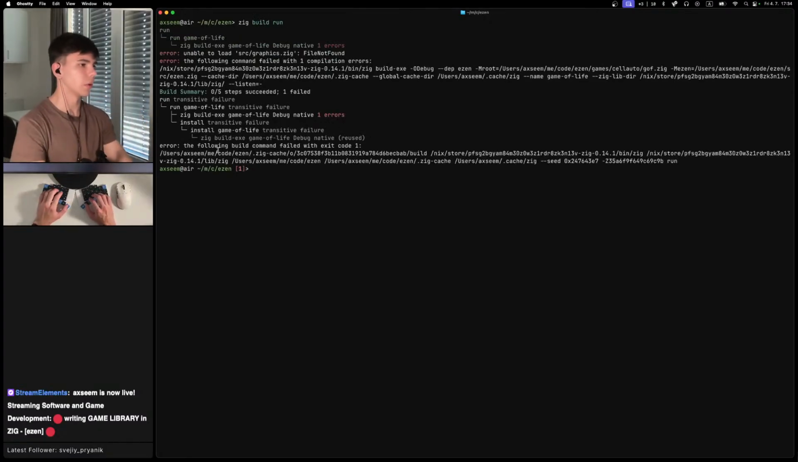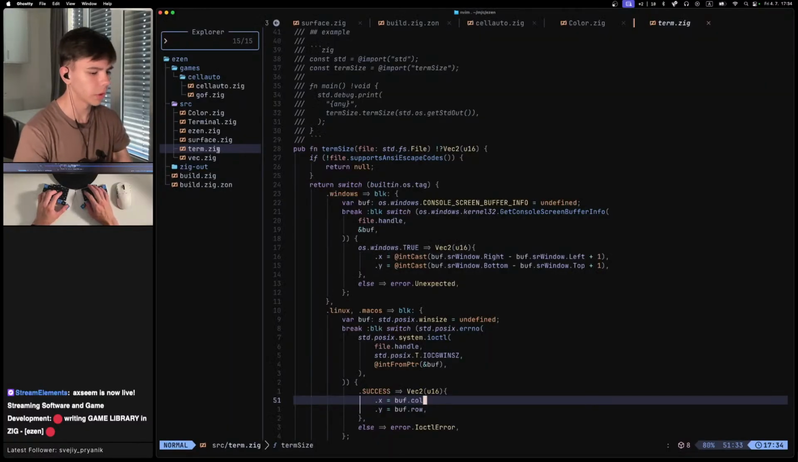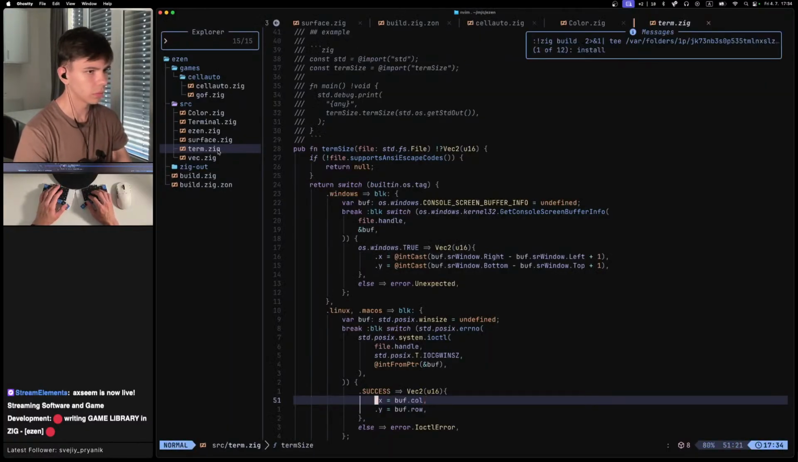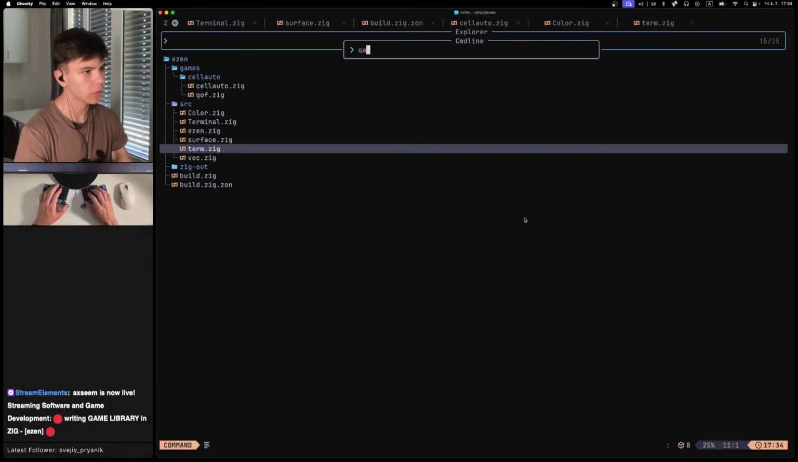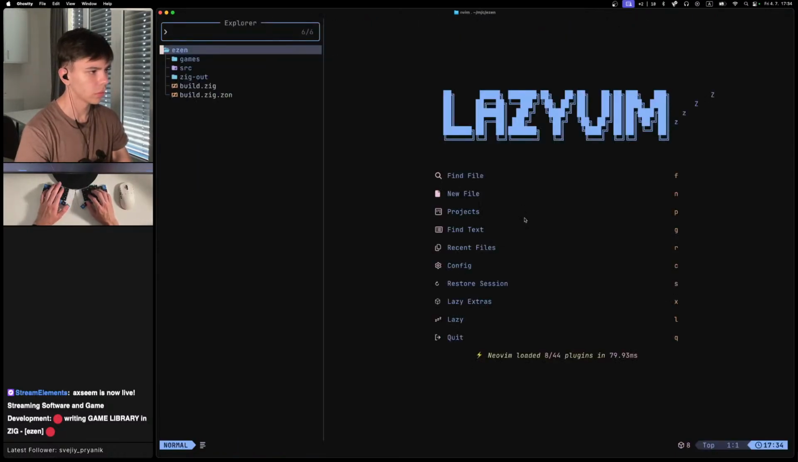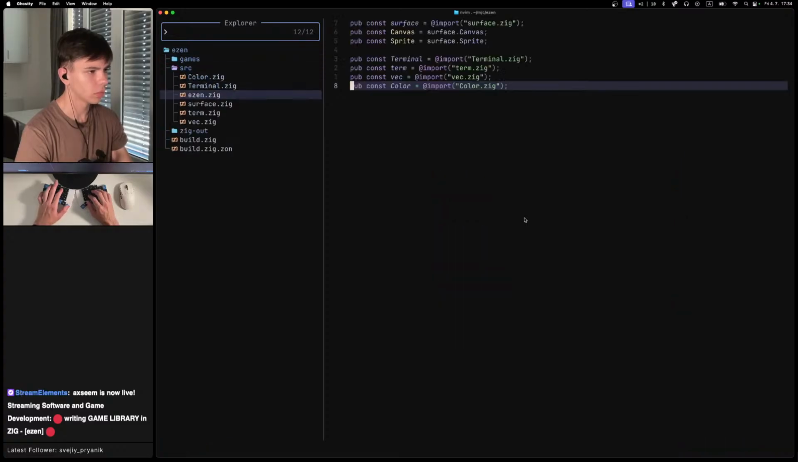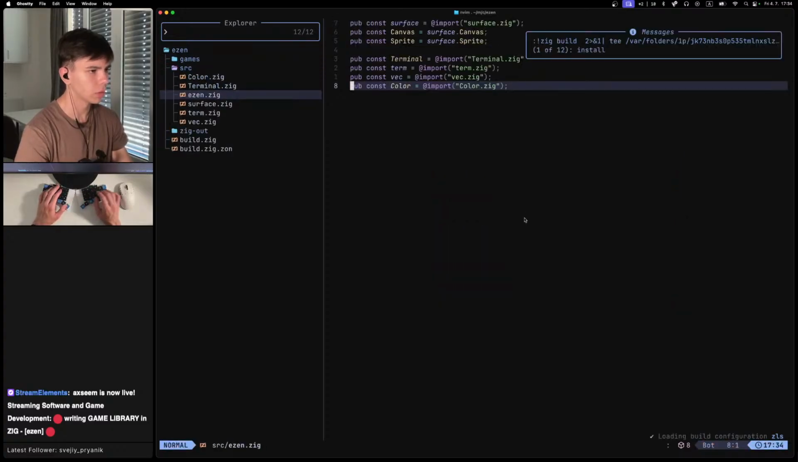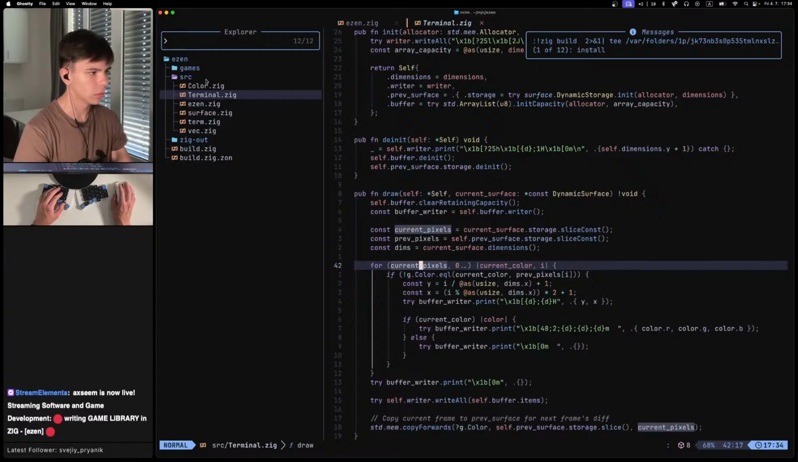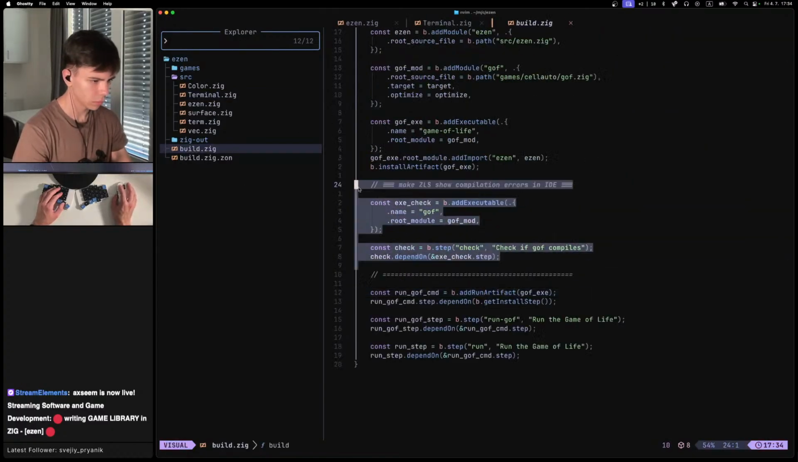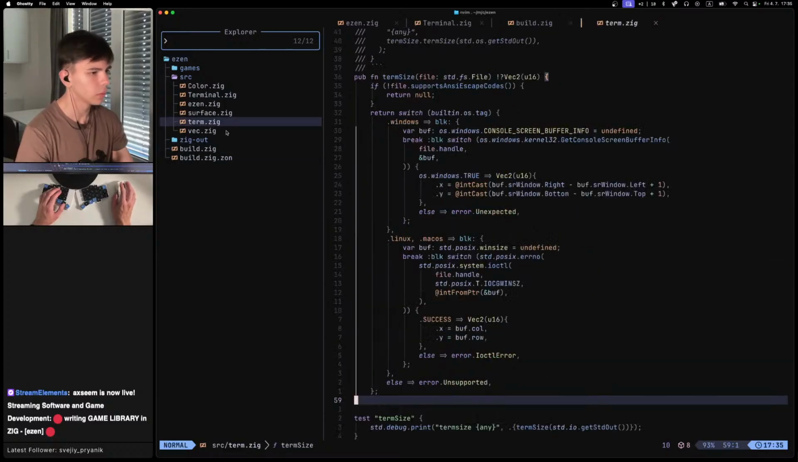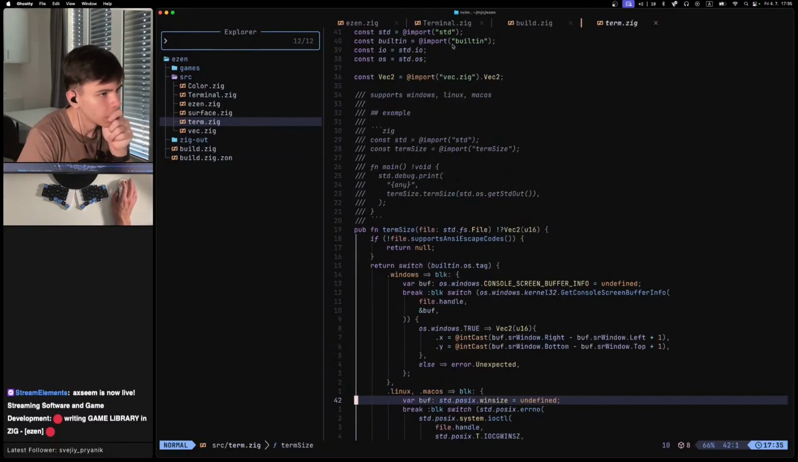Zig graphics file not found. Yes, that makes sense. But can you show me it here? I assume ZLS should show me that. Make. Okay. Okay, this is weird. Anyway,